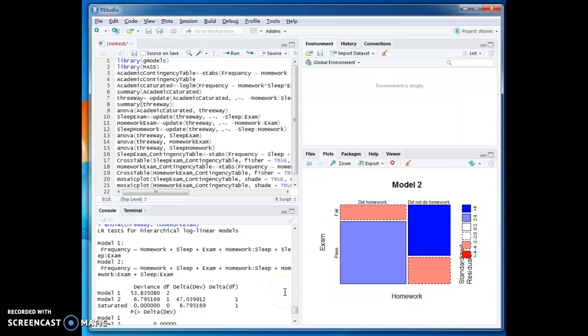In this assignment, we are going to analyze categorical data. Normally we will have two or more categorical variables, and we want to look at the relationship between those categorical variables. And in categorical data,